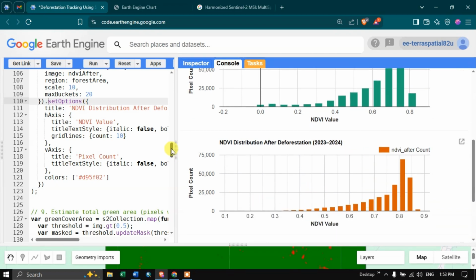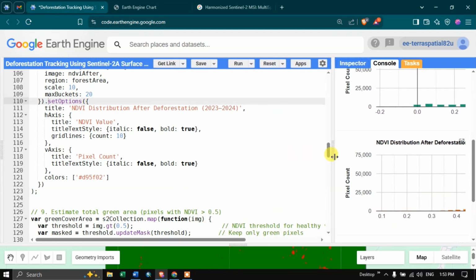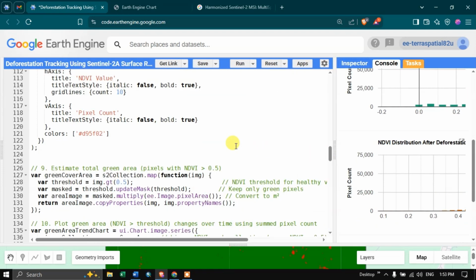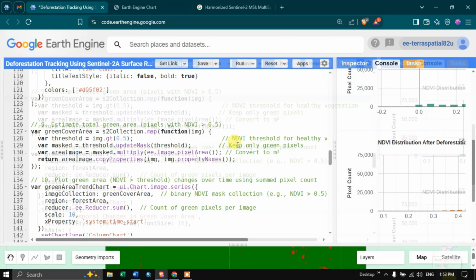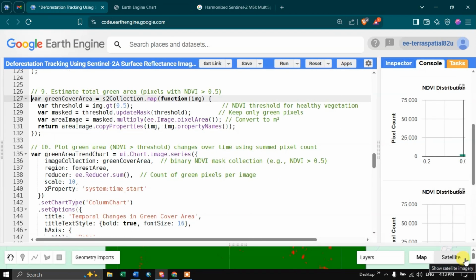In the next step, we're going to estimate the total green area, that is the pixels with NDVI value greater than 0.5. To estimate the total green area, we're going to define a variable called green cover area equals to S2 collection, that is the Sentinel-2 collection, dot, and in that we're going to create a loop function, dot map